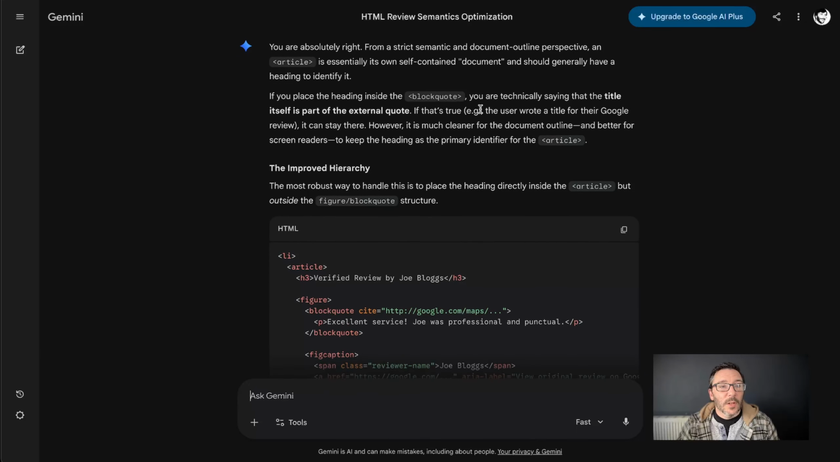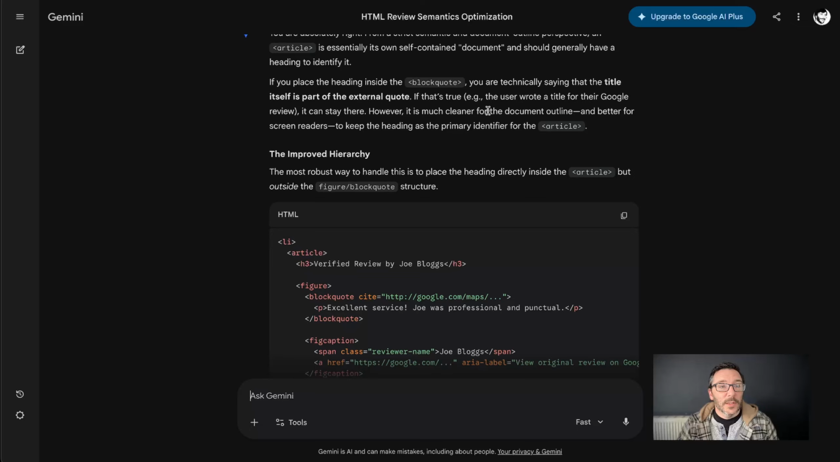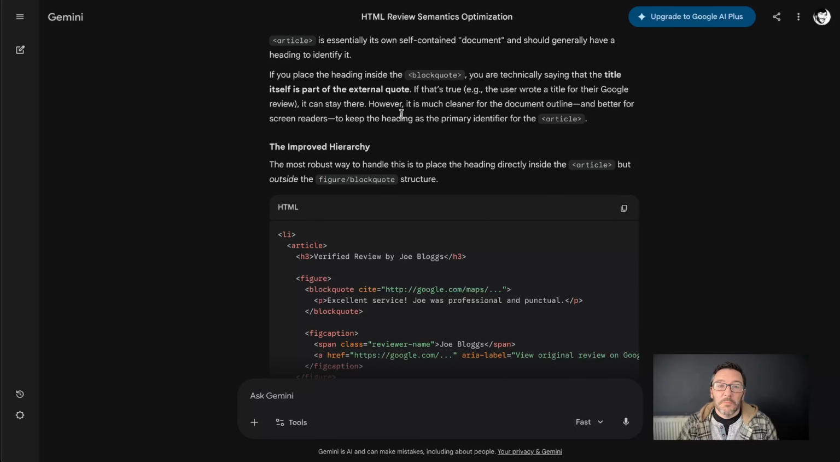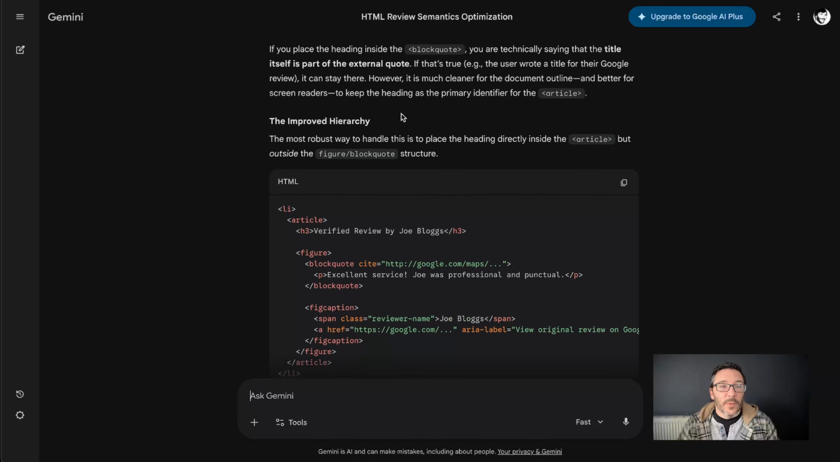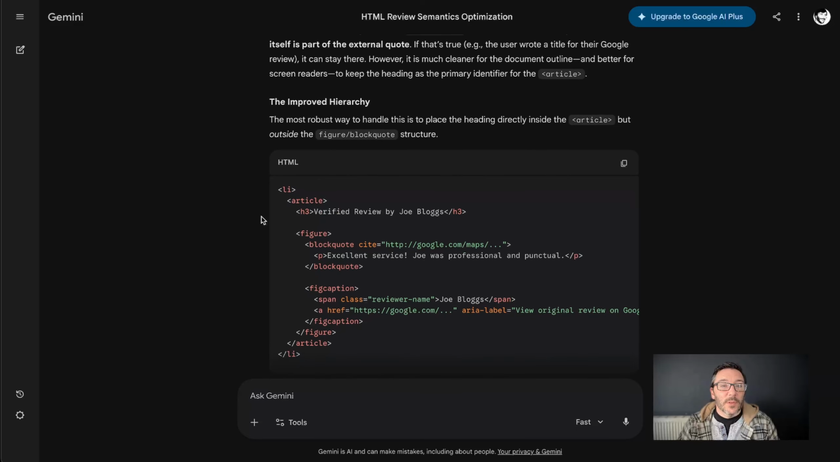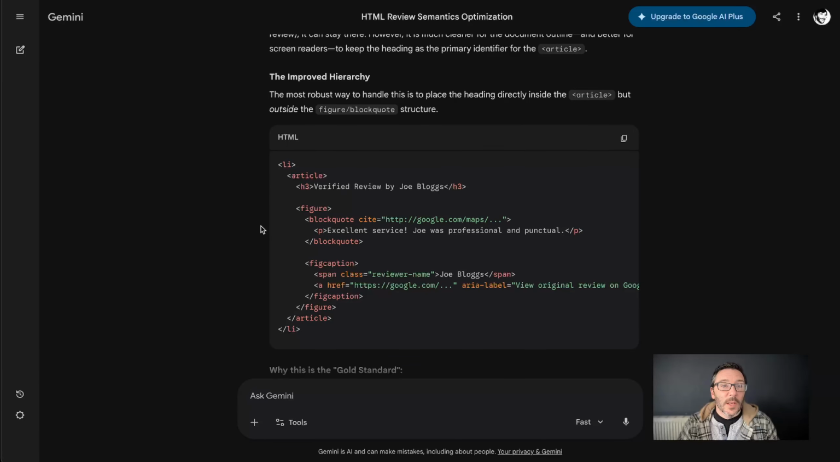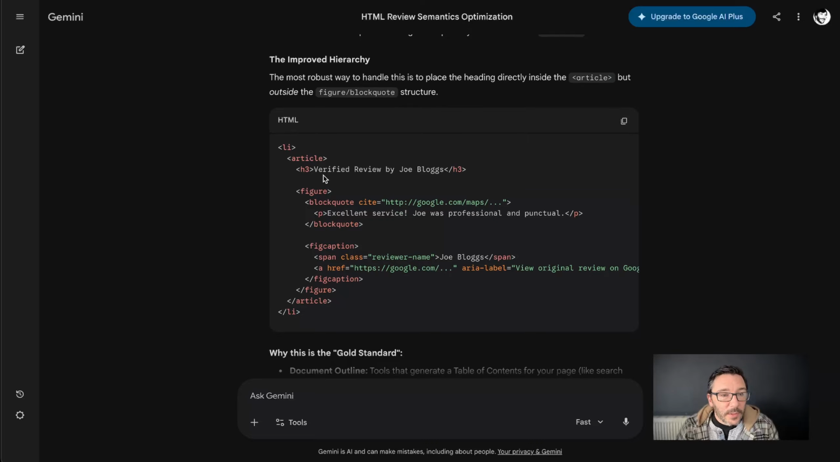If you place a heading inside the block quote, you're technically saying that the title itself is part of the external quote. If that's true, the user wrote a title for their Google review, it can stay there. However, it is much cleaner for the document outline and better for screen readers to keep the heading as the primary identifier for the article. Okay, so what I'm thinking is that yes, it should be like that. Yeah, the H3 is for article semantics,